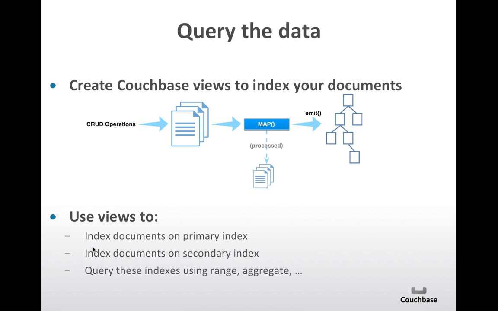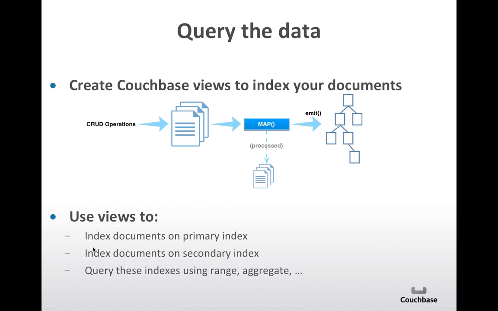And you can create an index on the keys of the document, or on any attribute you have inside the JSON document, for example the product type in this case. Then it allows you to do queries with specific parameters. So give me all the bikes or the shoes, or all the bikes only, or give me all the products with a price that is between this and this. So doing range queries, doing key queries.